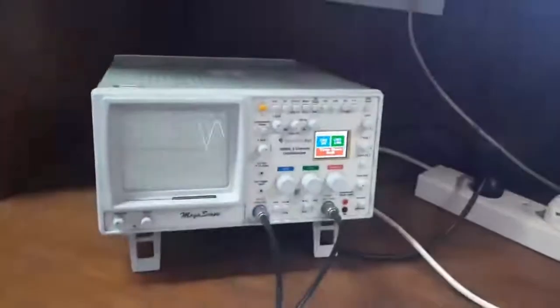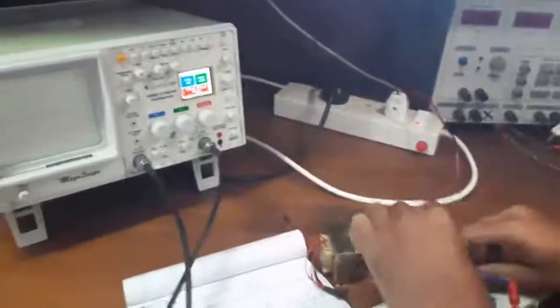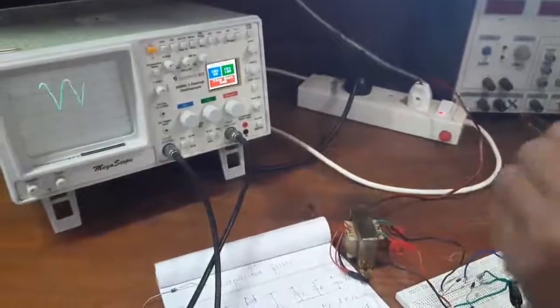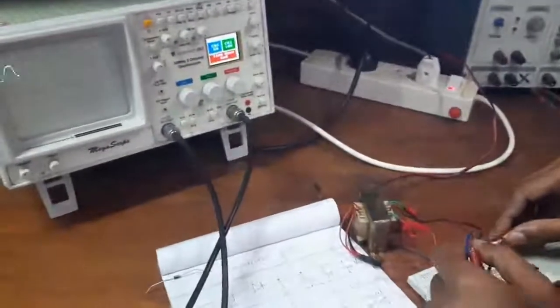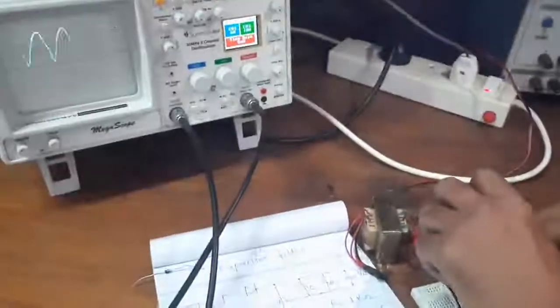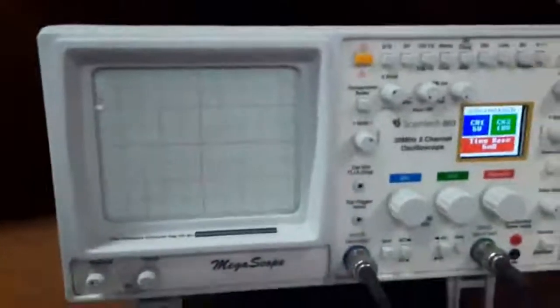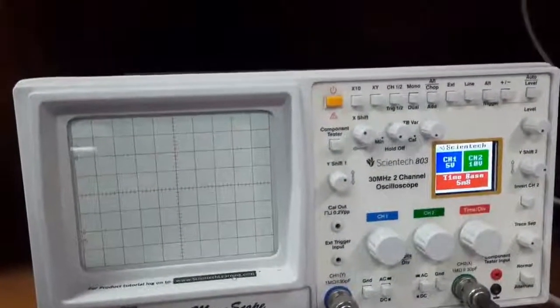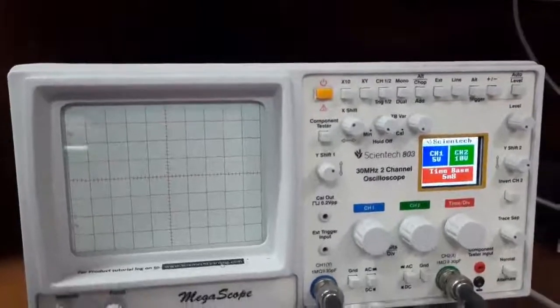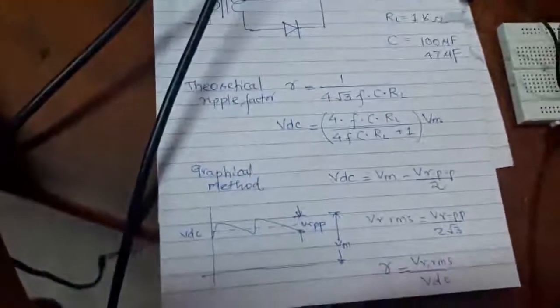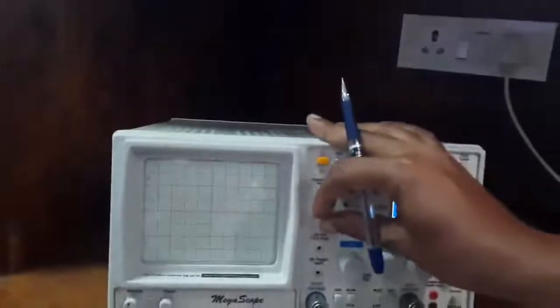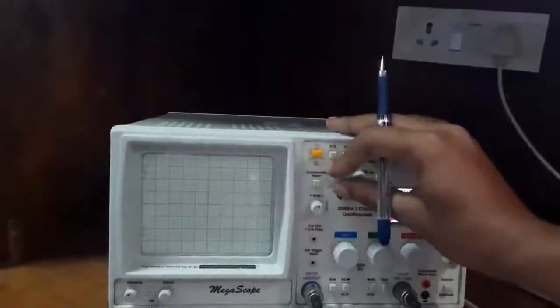We have connected the capacitor again in the circuit. You need to put it properly. So this is the filtered output which you can see. Now what you need to do is calculate this VR peak to peak. It is very simple to calculate. You just bring this down and measure the amplitude of that VR peak to peak.